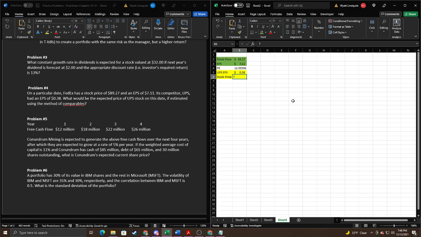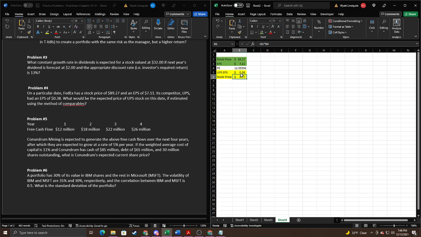And there will be differences in the real world, but it's just a fair estimate. So since we know the earnings per share, now we're just going to multiply the earnings per share times the PE ratio of a comparable company, and we're going to get that UPS should have a stock price around